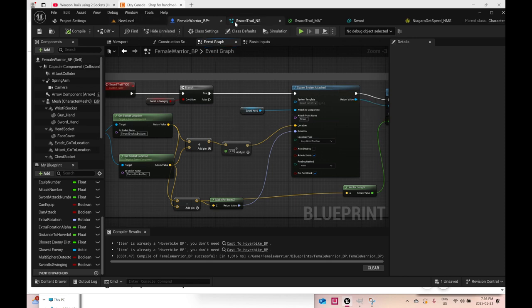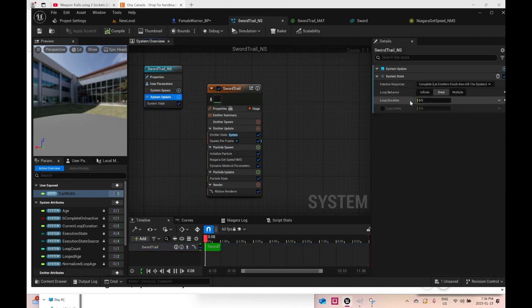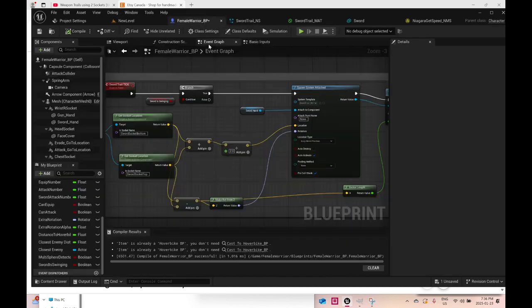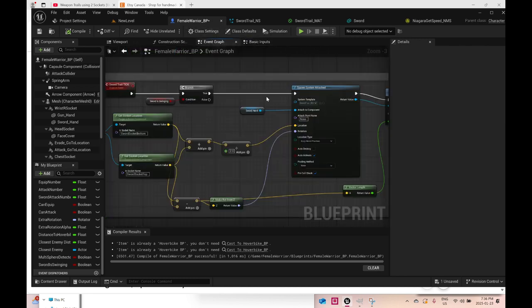And then after, I guess, the 0.5 loop duration, all the existing sword swipe particles just fade away, and none are spawned again unless the player swings again, and this is set to true for 1 second, in which case this gets triggered again for that 1 second period. So hopefully that makes sense. I know that was kind of confusing, but